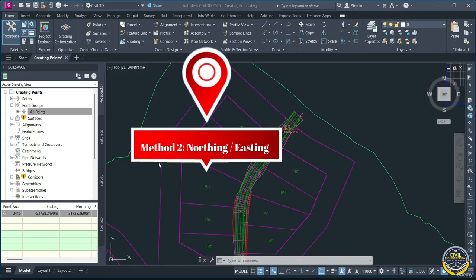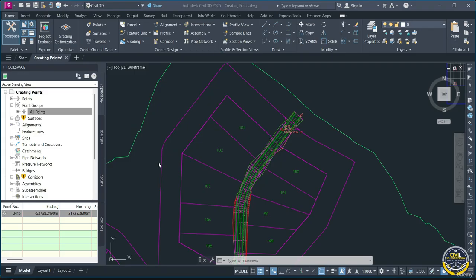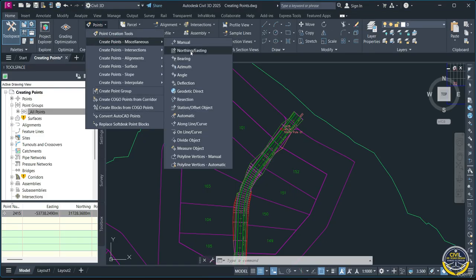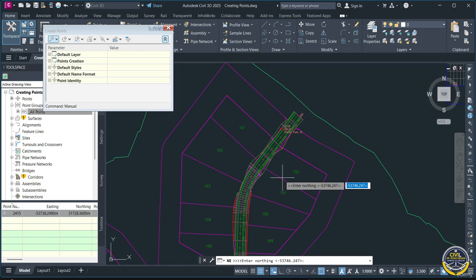Method 2. Northing and Easting. In Civil 3D, northing and easting refers to creating points by specifying coordinates in the form of northing and easting values. This method allows the user to define locations by directly inputting the coordinates, providing a precise way to define geometry. In Point, Miscellaneous, Northing and Easting, input